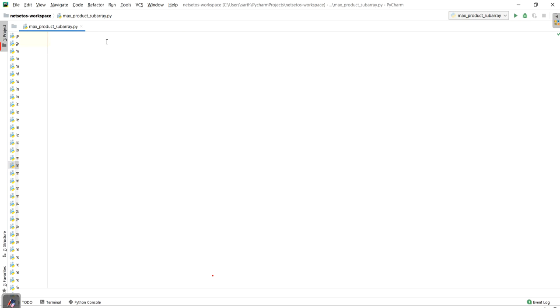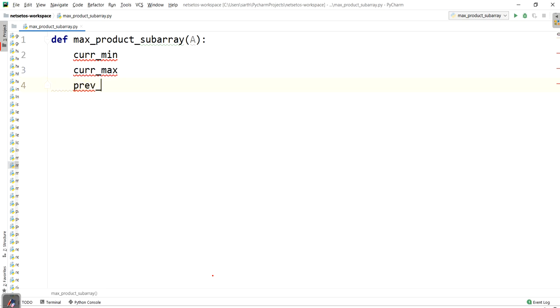Here I'll start with writing function max_product_subarray, and here I'll take an array, input array. First I need 4 parameters: current min, current max, previous max and previous min.